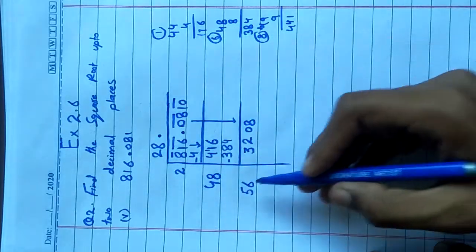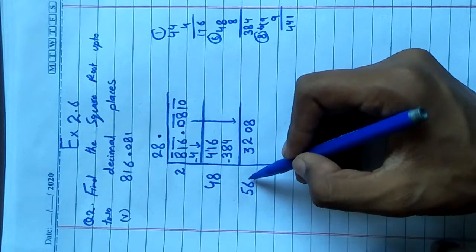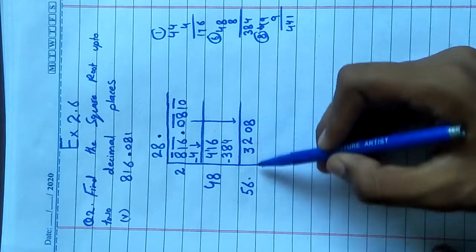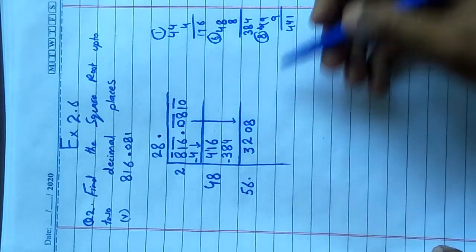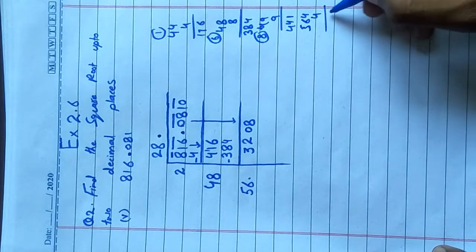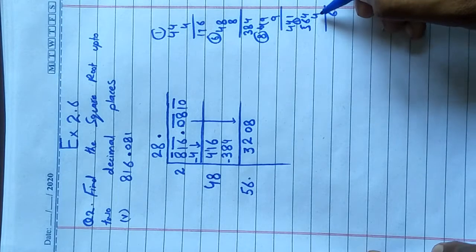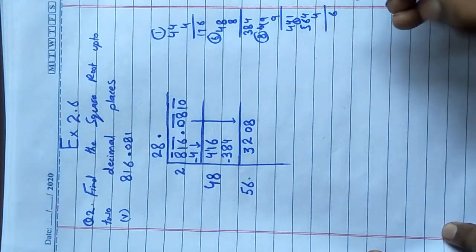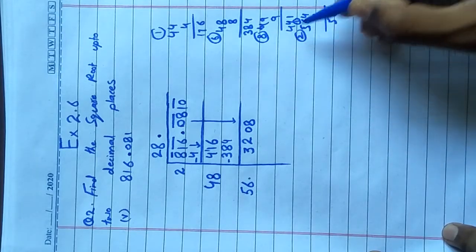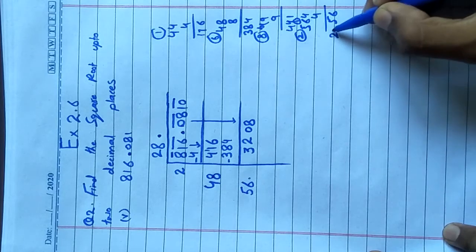48 plus 8 becomes 56. Now I have put a dot here for assuming a number here and multiply with the same number until our answer is nearest to this dividend. Okay, now assume 4. 4 4s are 16, 6 here, 1 take carry. 4 6s are 24 or 25, 5 here, 2 take carry. 4 5s are 20 or 22.